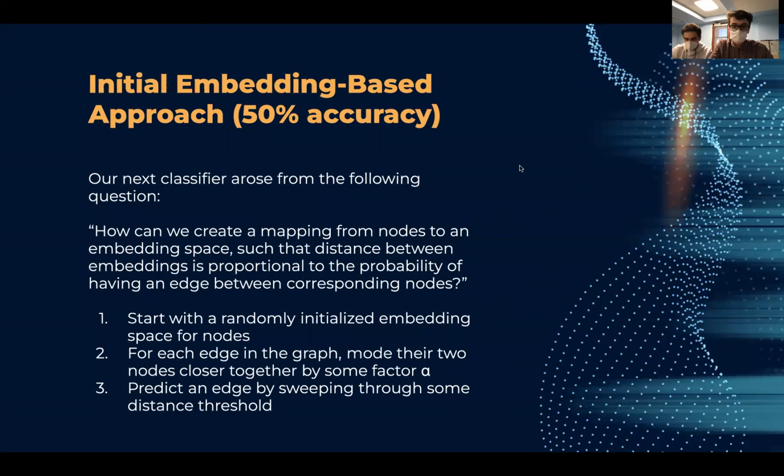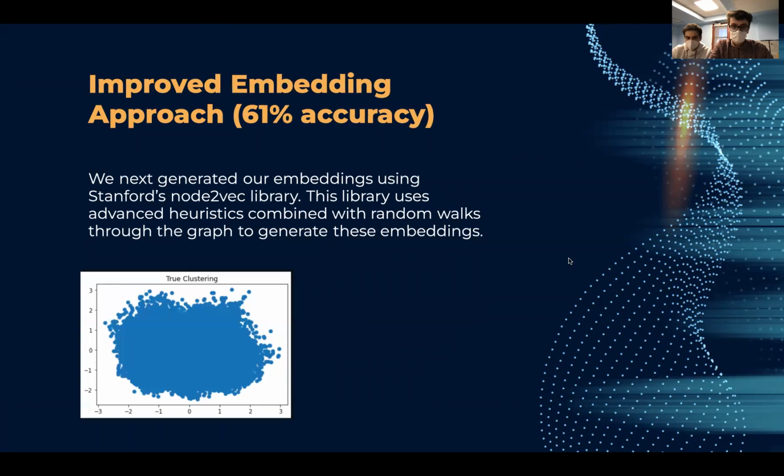Next, we looked towards embedding-based approaches. We wanted to create an embedding space where nearby nodes are similar and likely have an edge. We initialize that randomly, we move those embeddings closer together by some factor, and we use a distance threshold by sweeping through. So that was 50% accuracy. Next, we used node2vec to get our embeddings, which was a lot better at 61%,